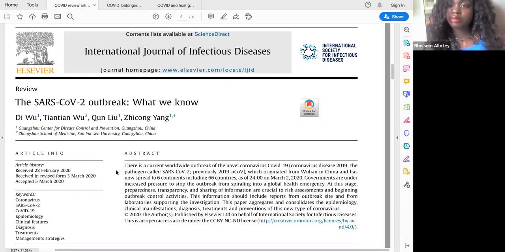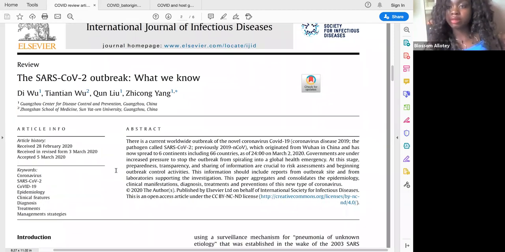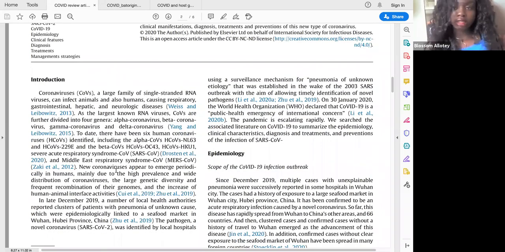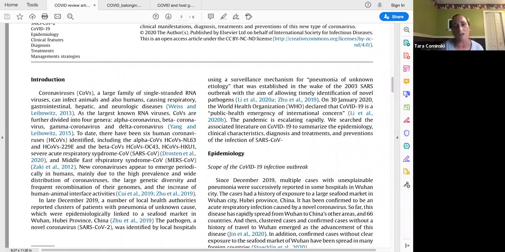Oh, I thought what was interesting was that there's alpha, beta, gamma, and delta coronavirus. I didn't hear about that before. Yeah, if you just look at the introduction, again, this is short, you could definitely read a lot more information about the actual virus itself, right? I wrote down some notes about that. It's a large family of viruses. So the coronaviruses, that family, have been around for a long time, right? It's not that they just came around in 2019.